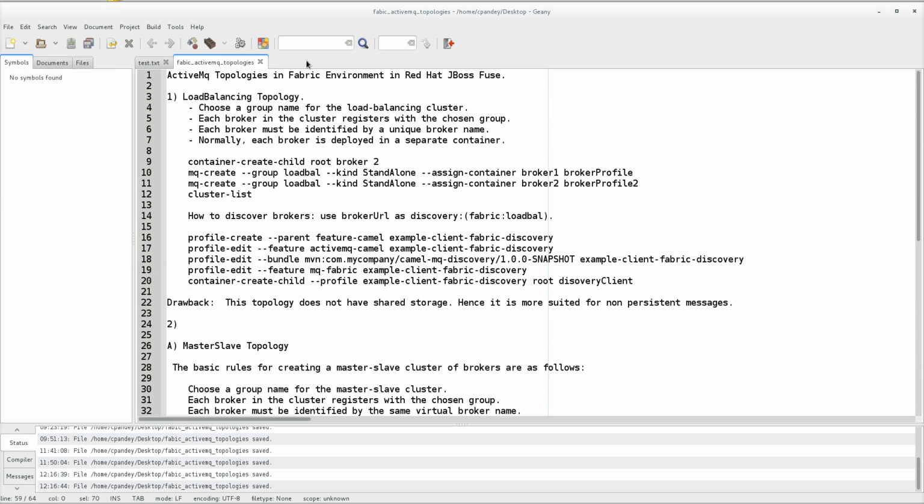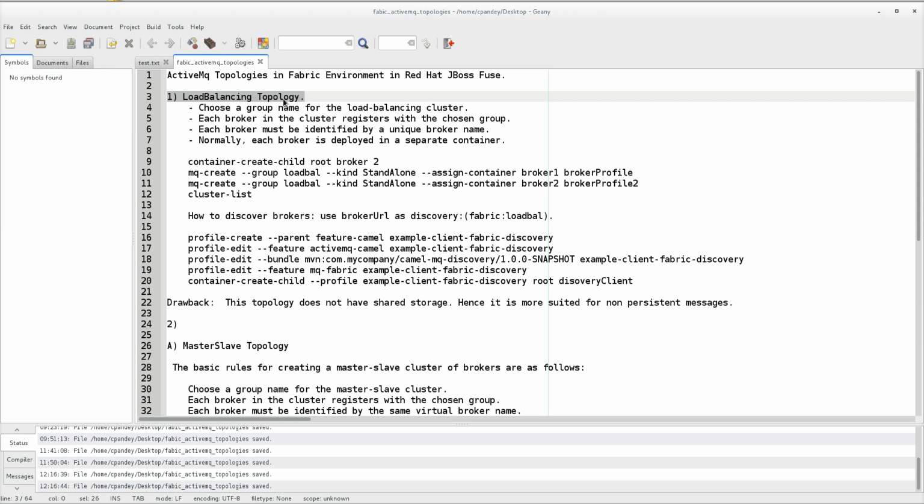There is another topology, the load balancing topology. So guys, this load balancing topology has some limitations. Let me first tell you what the limitations are.